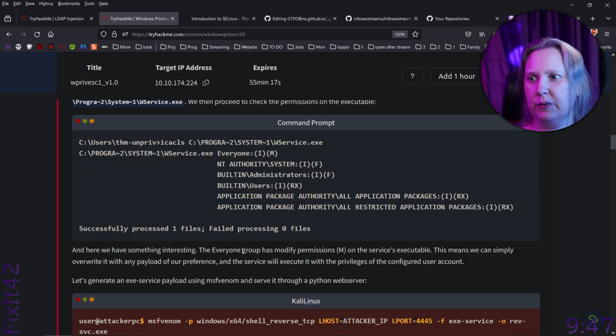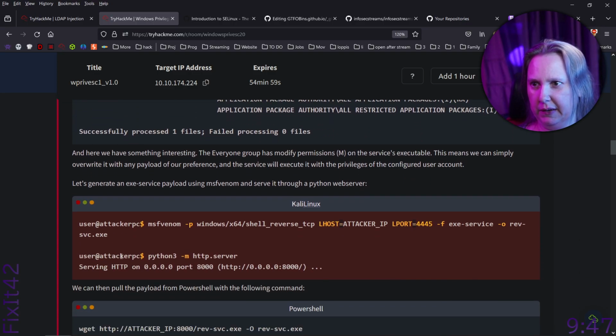The Everyone group has modify permissions (M) on the service's executable. This means we can simply overwrite it with any payload of our preference, and the service will execute it with the privileges of the configured user account. And then we generate a payload here,